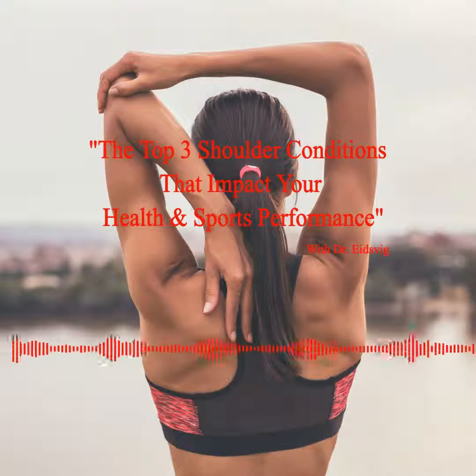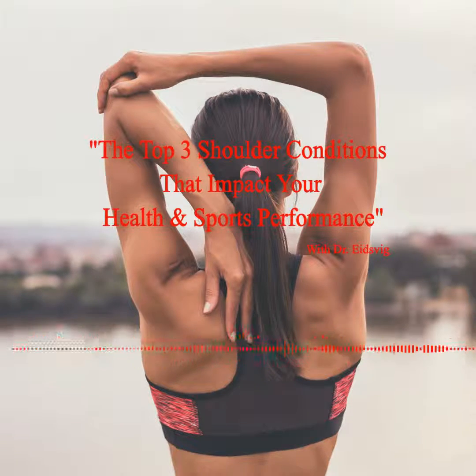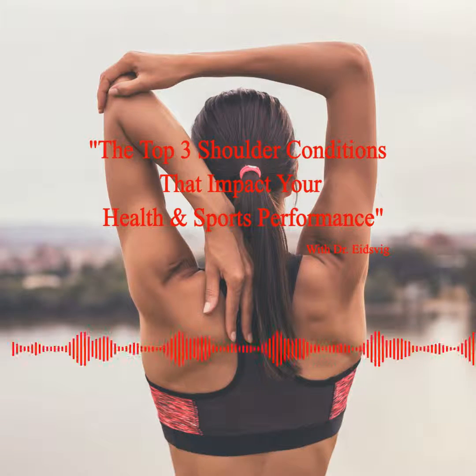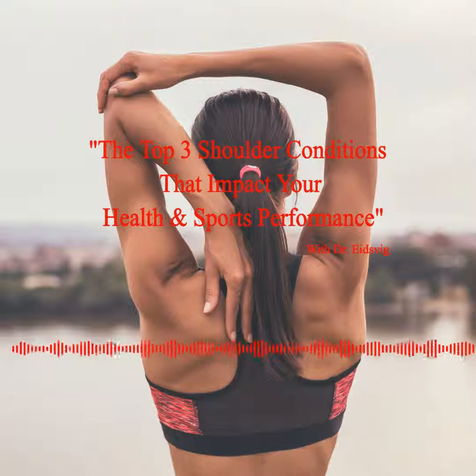And so when a strain or sprain occurs, a strain impacts the muscles and tendons, which, just so you guys know, the tendons attach the muscle to bone, so that's kind of the anchor system. And then the ligaments are the glue, is what I like to say. They kind of hold the joint in place. So when there's any disruption or injury to these regions of the shoulder, then that is when a strain or sprain occurs. And so what actually happens is a tear occurs.